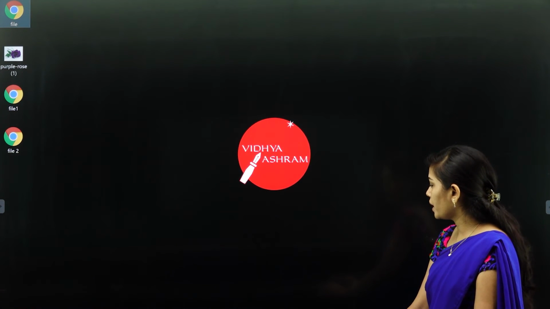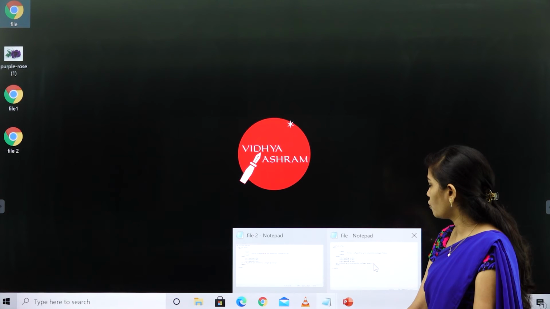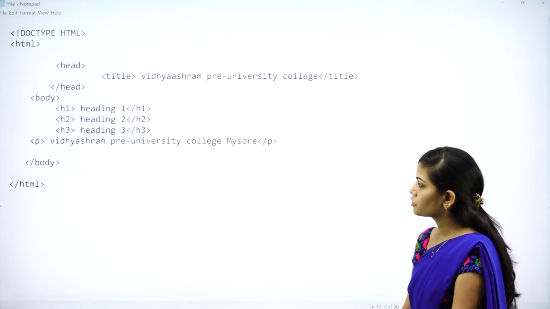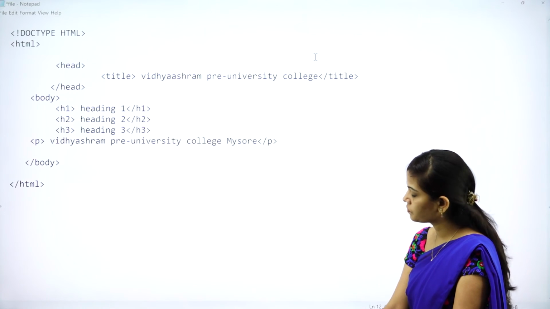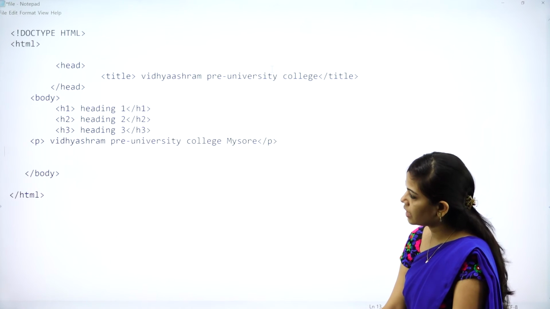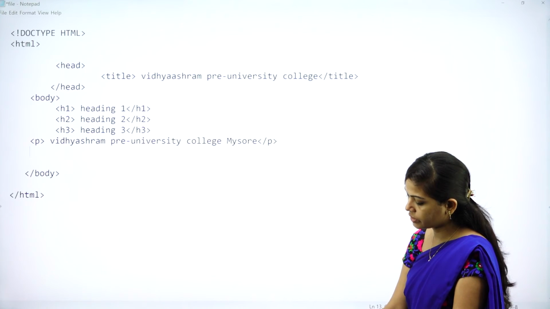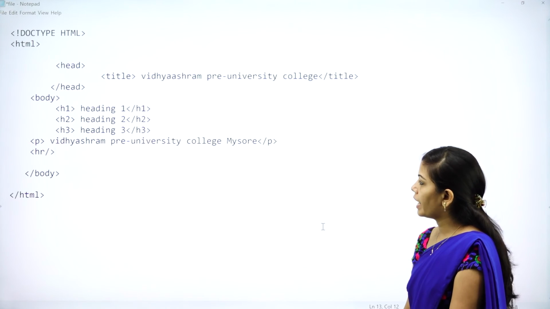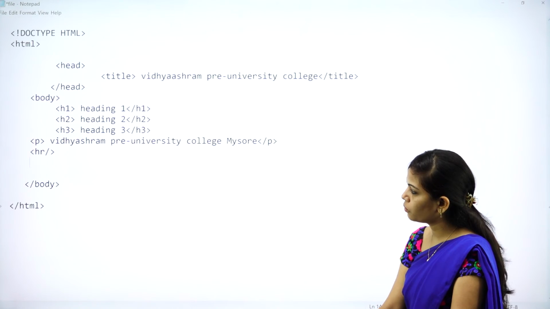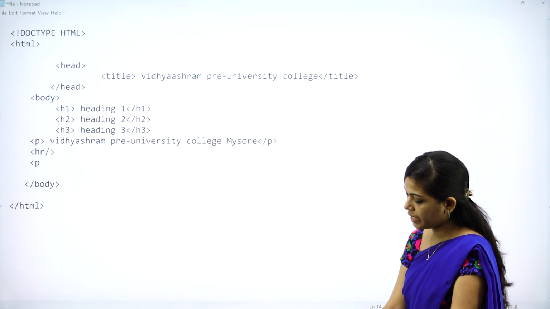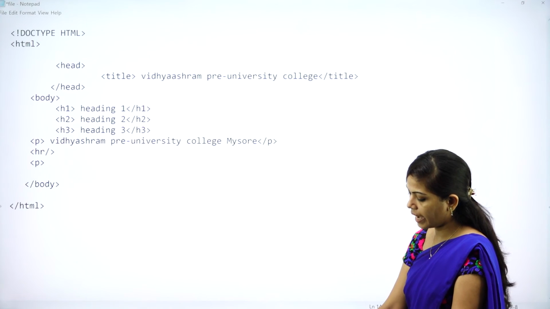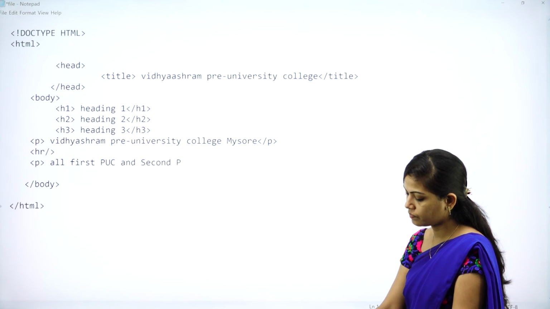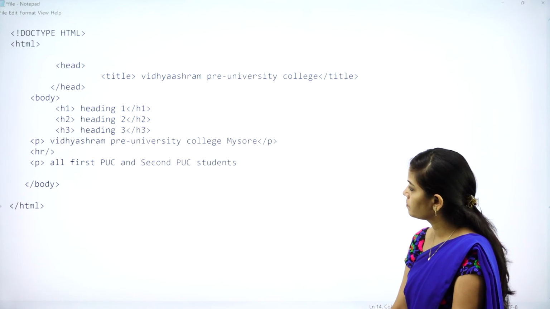And again, if you want to make any changes, you can go for Notepad and make any changes in the document. So now I will make some changes here. I will add the HR tag, horizontal line tag, HR/, and again I will add one more paragraph, open P tag, and write all first PUC and second PUC students.